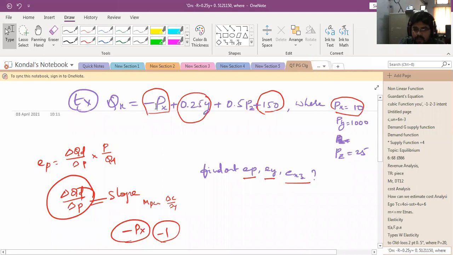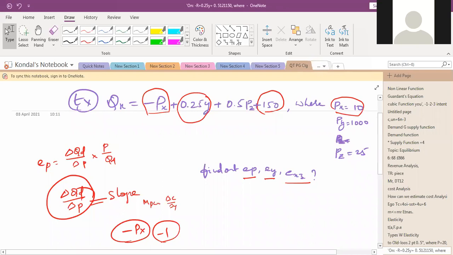What is minus P? Nothing but 1 into P only. So therefore we need to take 1. For example, here they have mentioned 0.25Y. It means that the slope of the income is 0.25. So here the slope of the cross elasticity is 0.5. So why I'm taking minus 1? Nothing but when they didn't mention anything about the value of the slope. So here when they mention minus Px, it means 1 only, 1. Okay, that's why we have taken 1. So here the minus value is there, that's why I have taken minus 1. Okay?